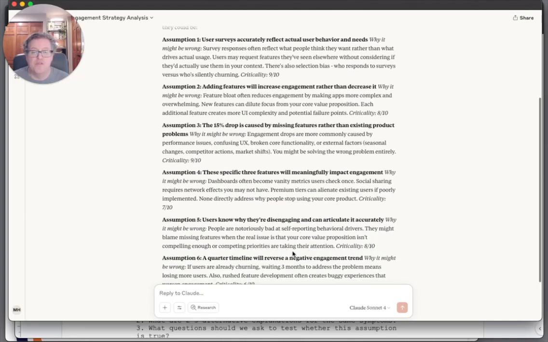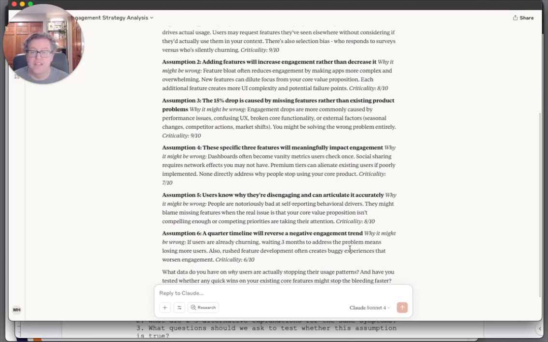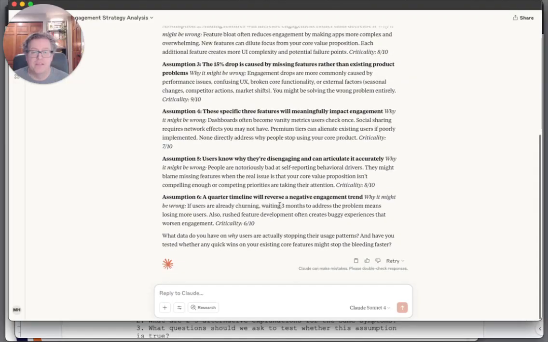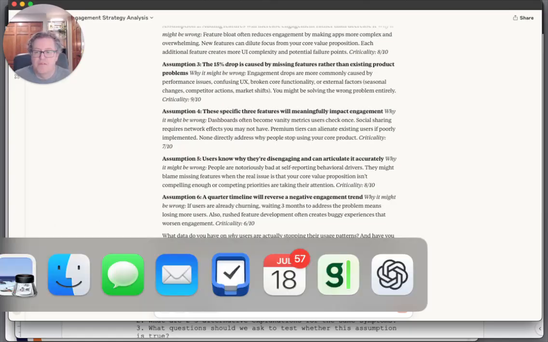Assumption 5, users know why they're disengaging and can articulate it accurately. And assumption 6, a quarter timeline will reverse a negative engagement trend. So just there, with that short scenario, AI has helped us identify 6 assumptions that we're making that could be potentially harmful. So let's go to the next step of this process